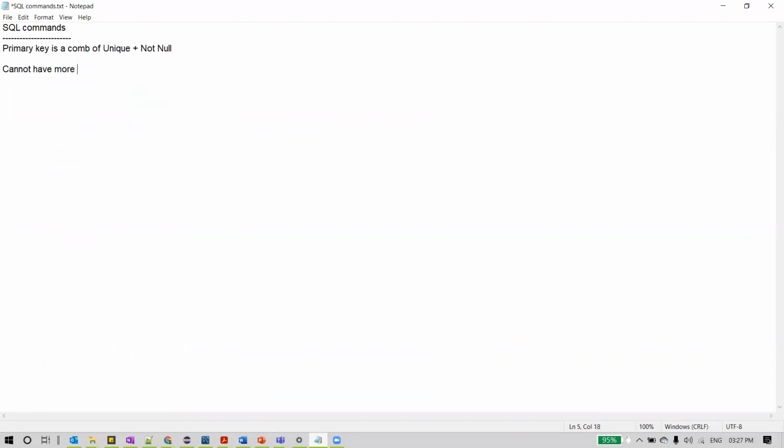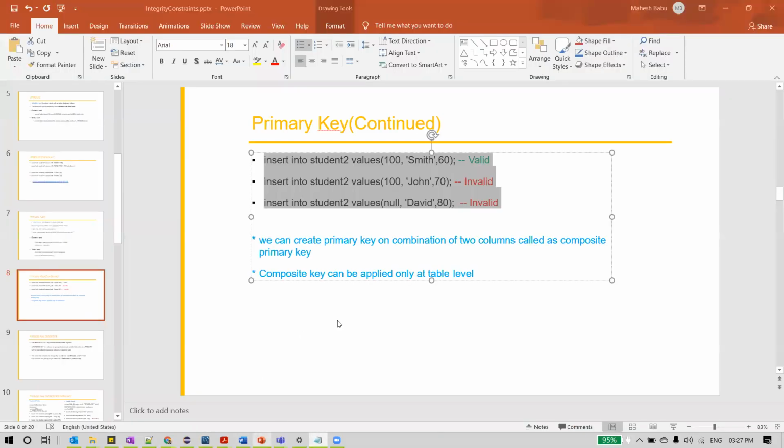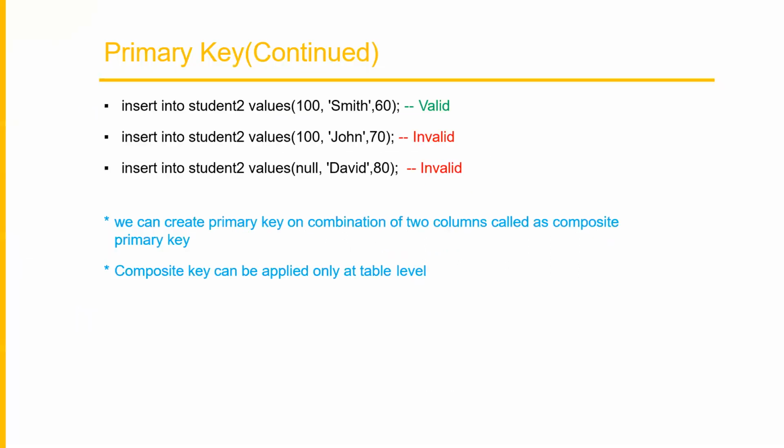We cannot have more than one primary key for a table. We can create a primary key on a combination of two columns, but we can't have primary keys defined independently on more than